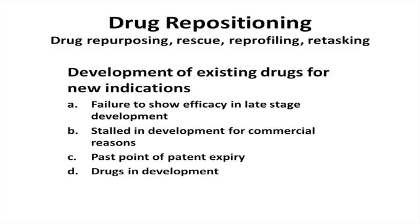So drug repositioning, which in the literature you can see called drug repurposing, drug rescue, drug reprofiling, retasking, resurrection, a variety of other things, is something that's well known in the pharmaceutical industry. When a company has a product and the product doesn't meet its primary endpoints in its initial clinical development, or for some reason some person with an expensive suit decides not to invest in the program, or the patent runs out, or the drug is still in development, many times an effort to rethink how that drug might be used is made in industry. And this has generated a very, very extensive